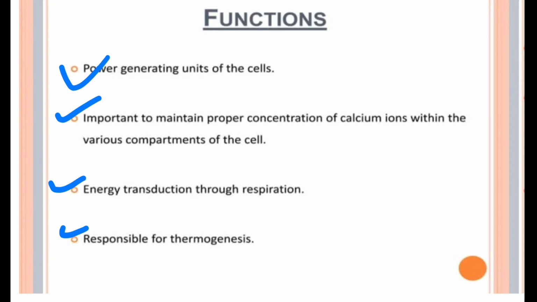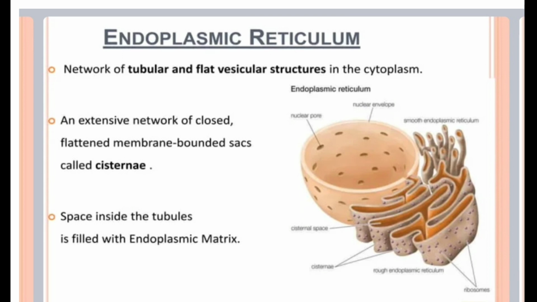Thermogenesis means maintaining a proper temperature. Inside the cell, the mitochondria also has to maintain a proper temperature. Next is the endoplasmic reticulum. As you have seen, these are network-like structures, a network of tubular